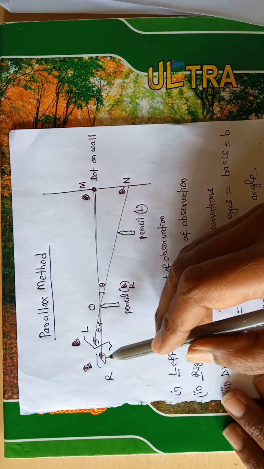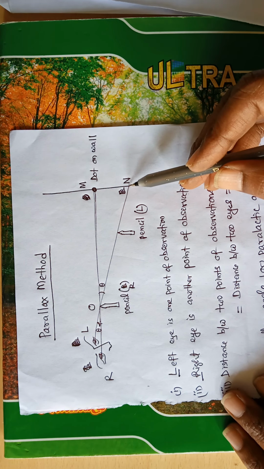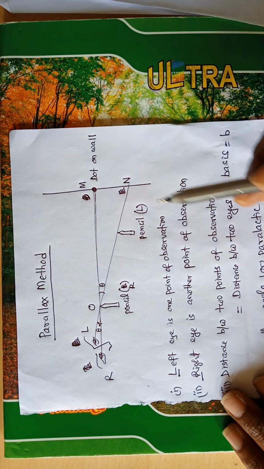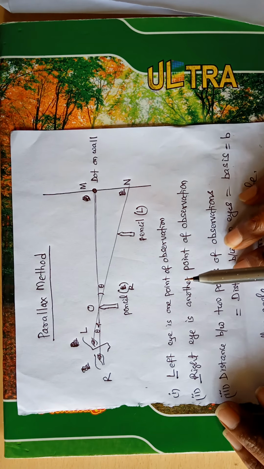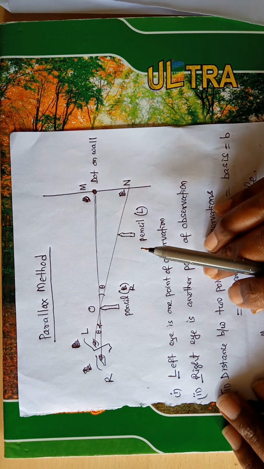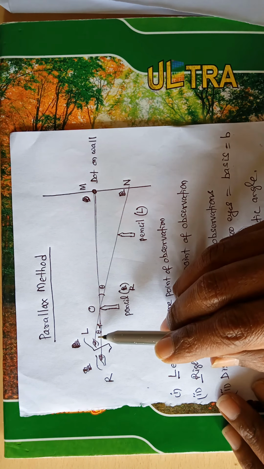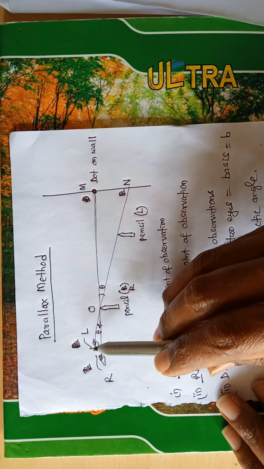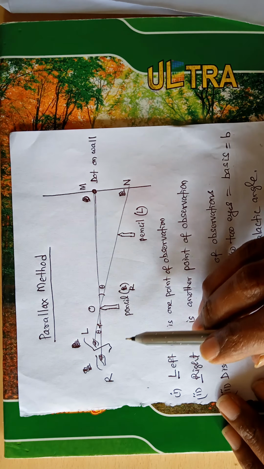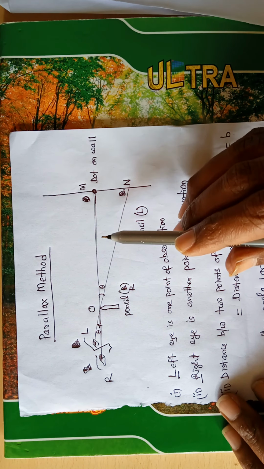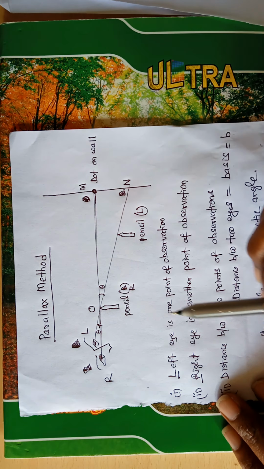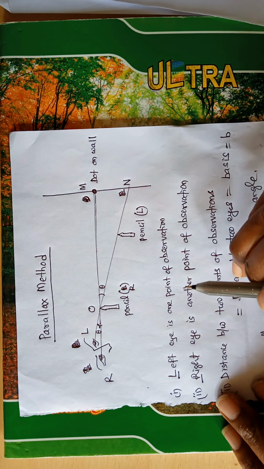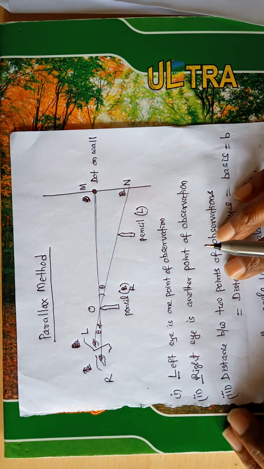And see here, this distance is b, no? This b is proportionate to this distance. This distance is proportionate to this distance. You might have learned in your geometry congruent triangles. This triangle and this triangle, these are congruent triangles. All the 3 sides of this triangle are proportionate to the 3 sides of this triangle respectively. If you take the ratio, it will be same.